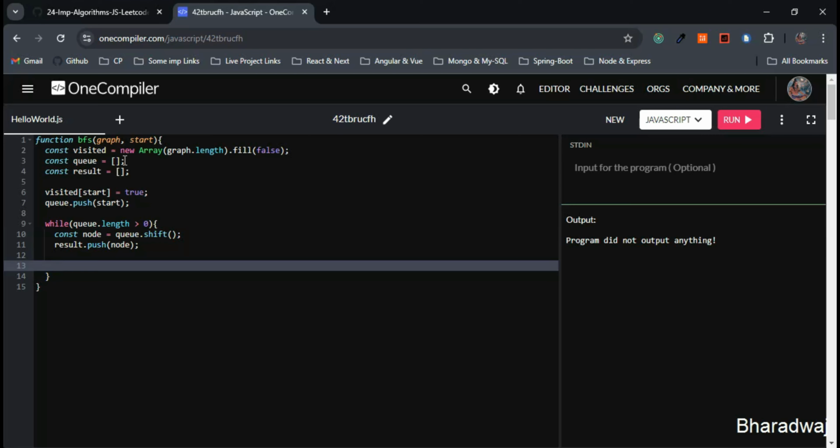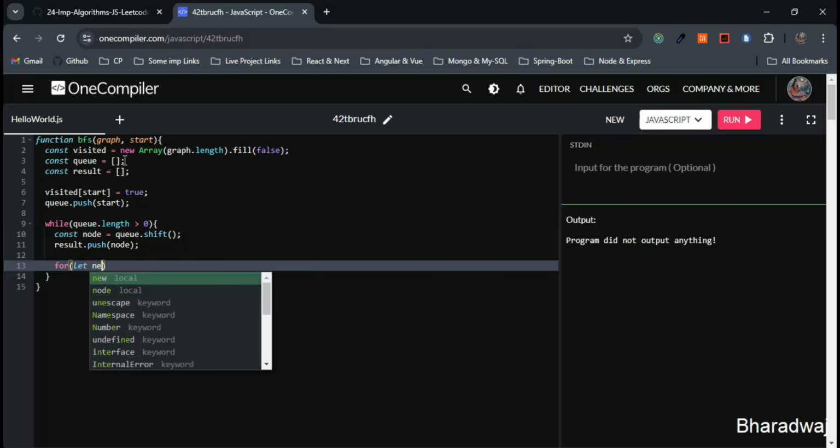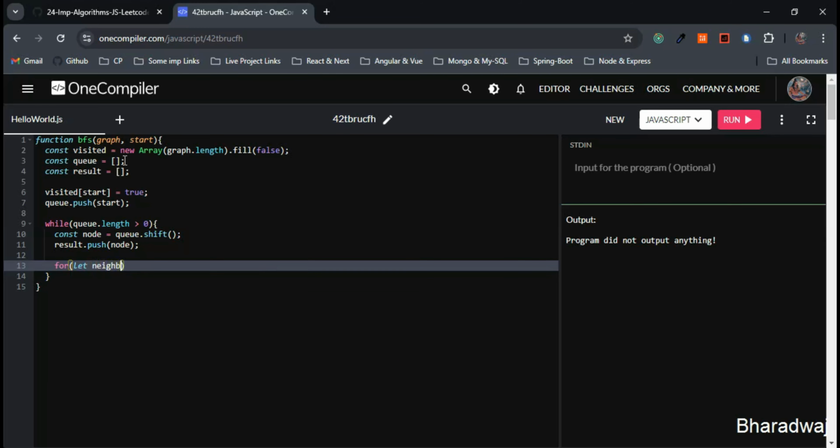So we iterate through the neighbors of the dequeued node, mark each unvisited one as visited, and then enqueue the neighboring node. That's what we'll be doing here. So this is easy. I'll just consider for, I'll just give the neighbor of,